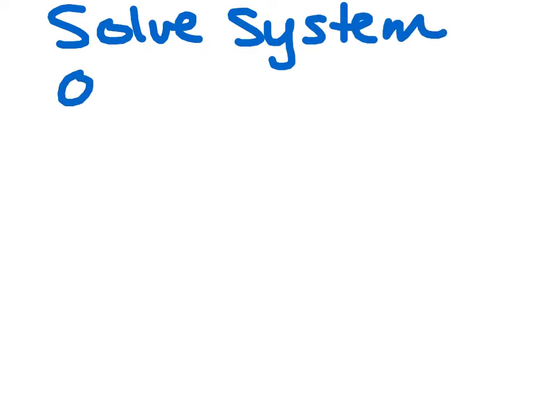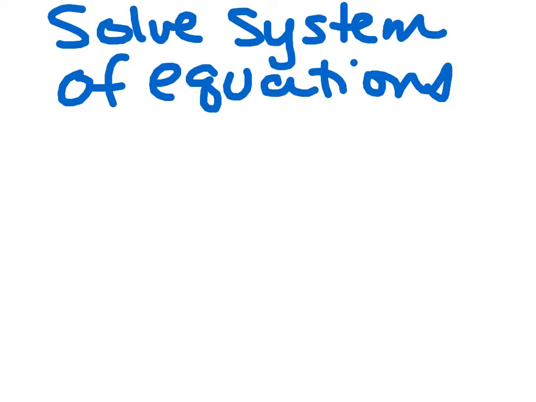Let's solve a system of equations. A system means we're going to have more than one, and that means you're going to need more than one answer. Here, I'm going to look at 2x minus y